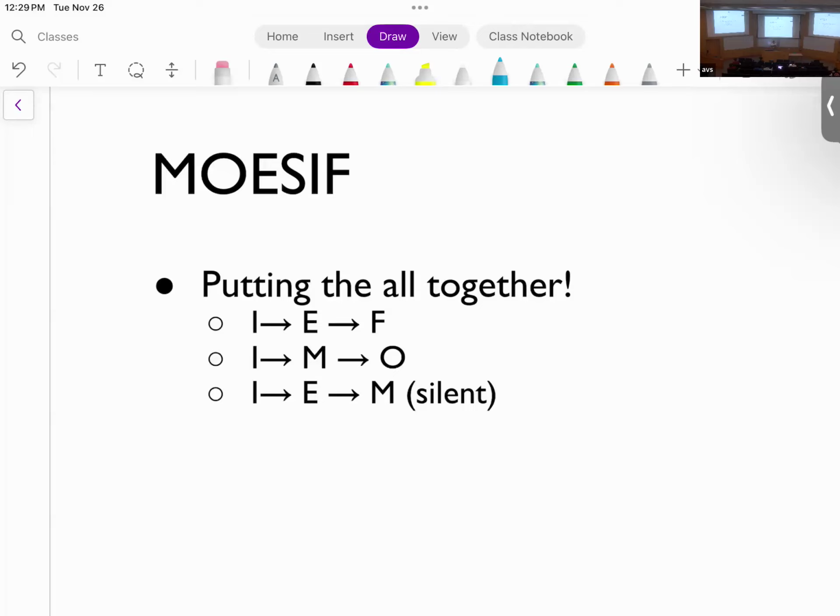And then if I'm in I and want to write, I go directly to M. But then if someone else wants to read, I go to O, right? And all of these, I'm not showing, but all of these can also go to I, right? So at any point, you can go to I, if someone else is trying to write, or for any reason you need to be evicted. So going to I is always an option, which I'm not showing here.